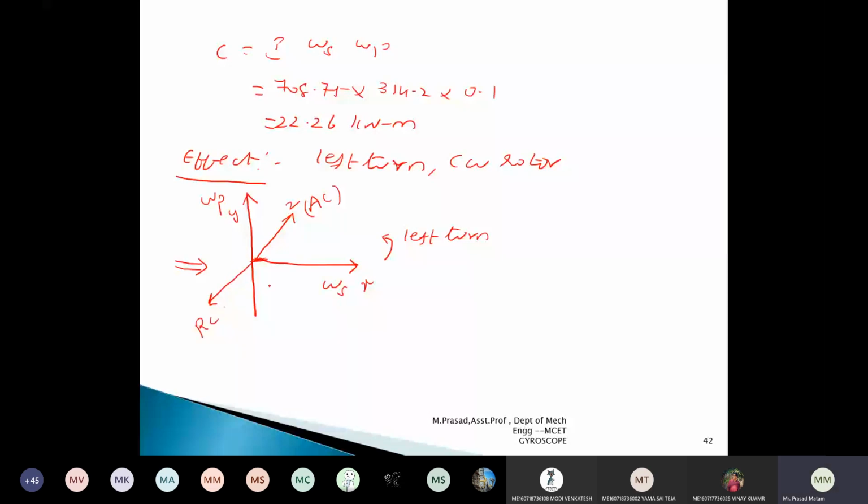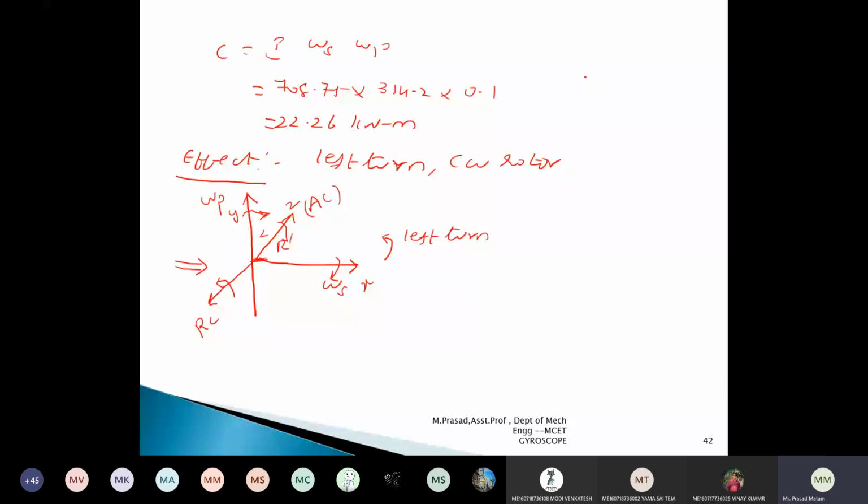Now give the direction of rotation. So the spin vector is moving in the arrow direction which I am showing. It has to move in this direction, which means it has to rotate clockwise. This is the clockwise motion. Now the precession vector has to move upwards, which means it has to rotate clockwise. Now the active couple has to move in the z-axis, in the direction I have mentioned. This is my clockwise. Now the reactive couple has to move opposite to the active couple. Active couple is moving in this direction, so the reactive couple moves exactly opposite. If this is my left side and this is my right side, the active couple is moving from left side to right side, whereas the reactive couple has to move from right side to left side.